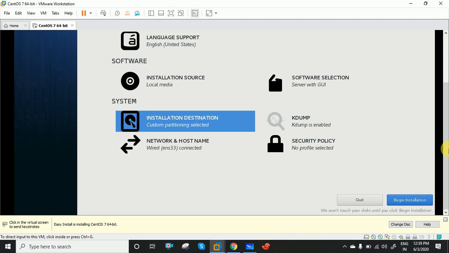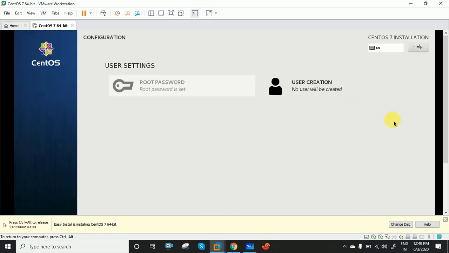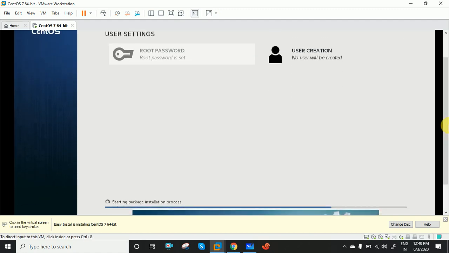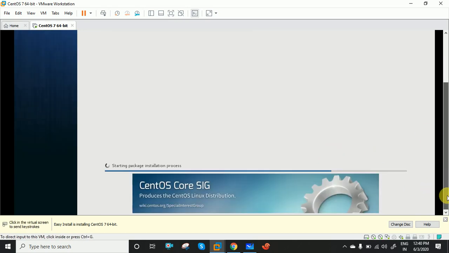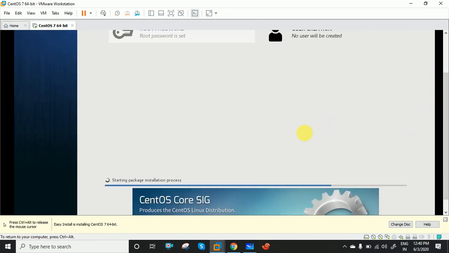Then here you are going for the network selection. If you are going for the network selection, you can select this network. Otherwise, you can go for the begin installation. Yes, here we are starting the installation, and as per your computer speed and environment, it will take some time. Hardly 30 minutes or 15 minutes, it will get set up. So I already have a ready to use setup, right? So what I'm doing now, I'm just making sure that it is going to install right now.